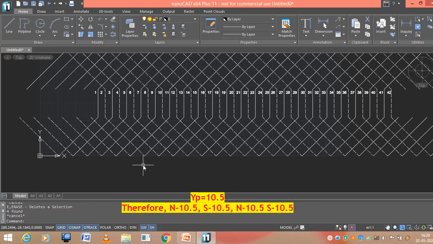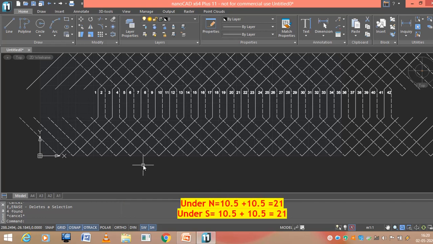So in this, how many conductors are under the north pole? 10.5 plus 10.5, it means 21 conductors are under the north pole and another 21 conductors under the south pole. Clear? 21 conductors under the north pole and another 21 conductors under the south pole.